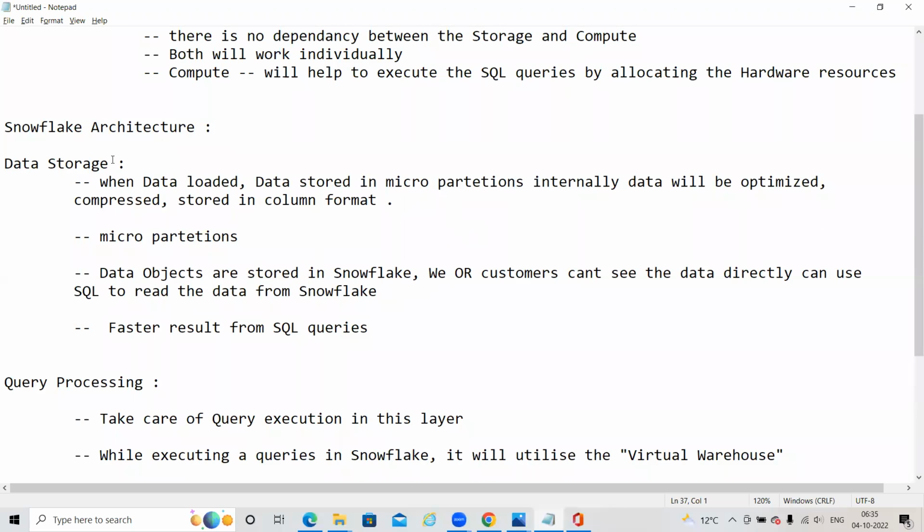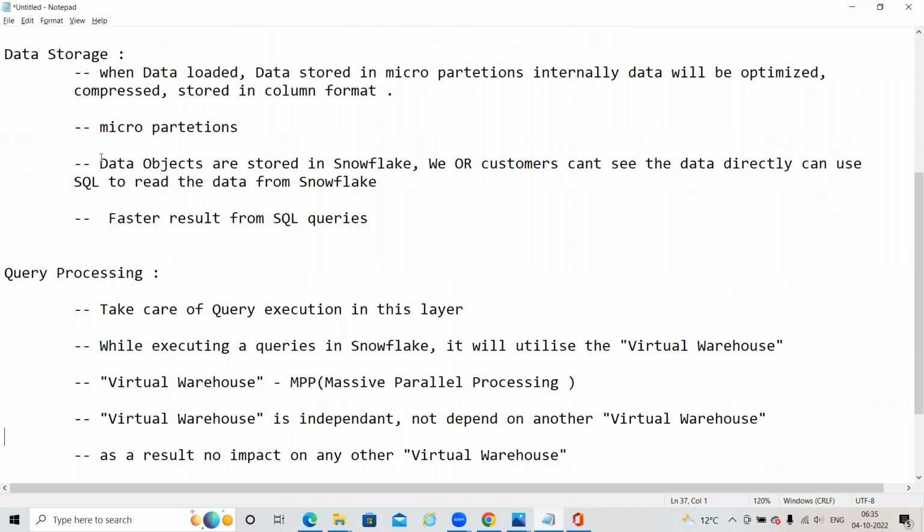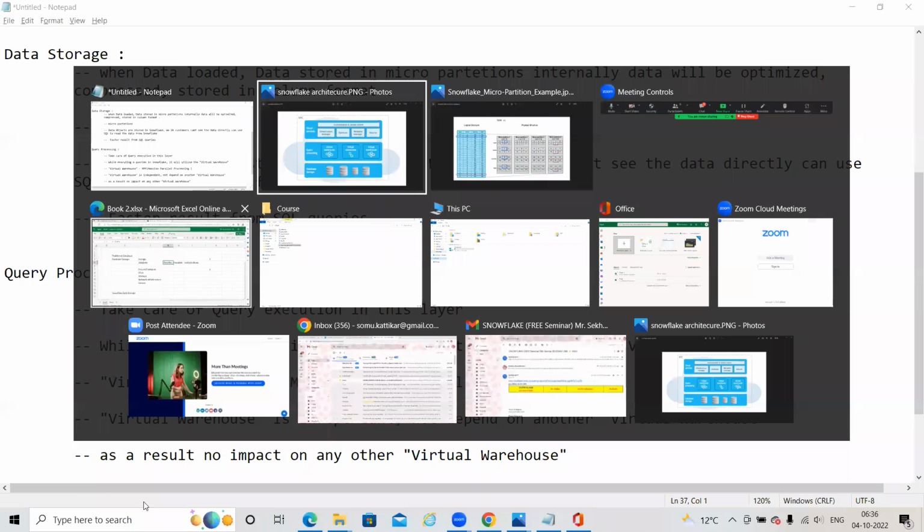See here, we discussed storage. When the data is loaded into Snowflake, the data will be stored in the cloud. That is the storage layer. To execute your SQL queries in Snowflake, you need help from processors, network infrastructure, and hardware infrastructure, right?